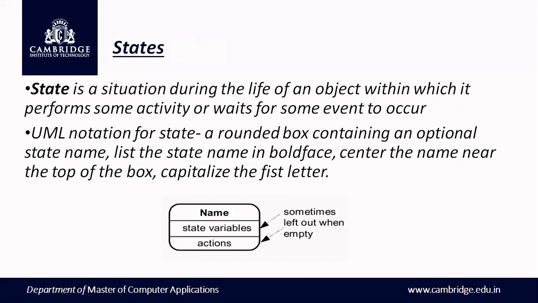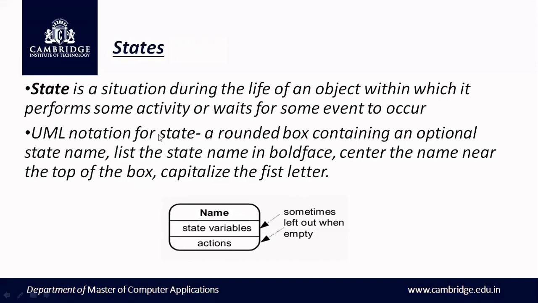So here our job is to identify what the states are during its entire lifetime, when the transition takes place from one state to the other state, and what type of event occurs. Now we have already understood what the events are. It may be one of three events: a signal event, a time event, or a change event, right? So that is about the states here.